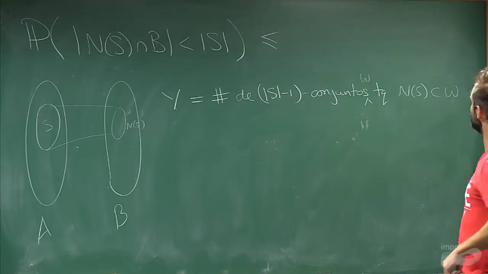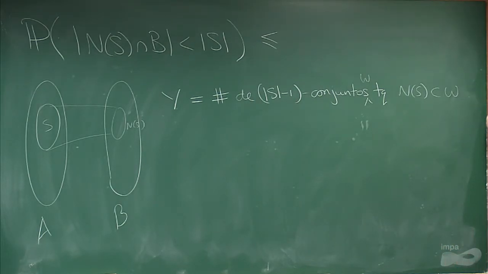Yeah, we want the expectation of Y to be less than 1, or the expectation to be small. I think it's not going to work for S of size 2, say. Oh, you win the n twice. You have to sum over. It's not quite going to be strong enough because we're not using